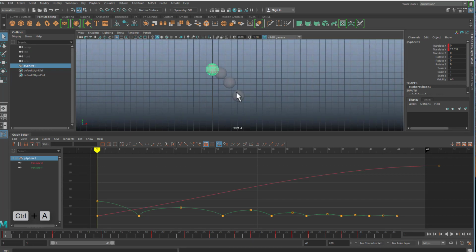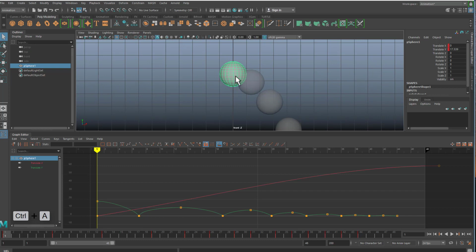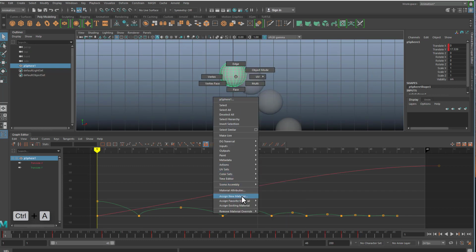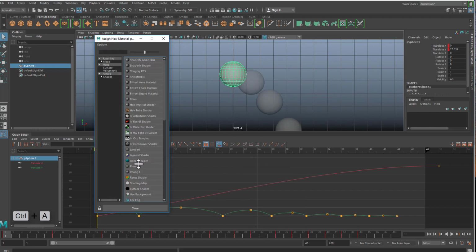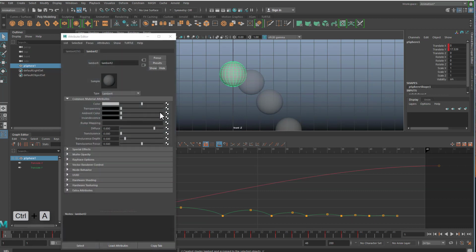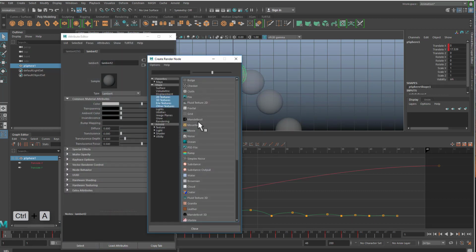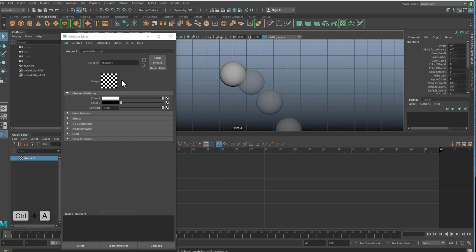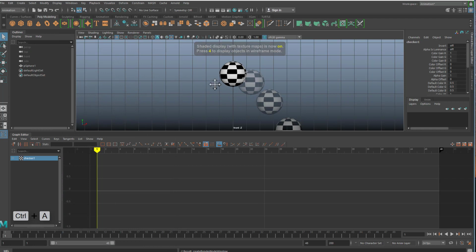So the way I'm going to do this is I'm actually going to add a material to it so I can view it a little better. So add a new material. We'll just do a Lambert and go to color, and I'll add a checker and hit 6. So now I can see my ball,